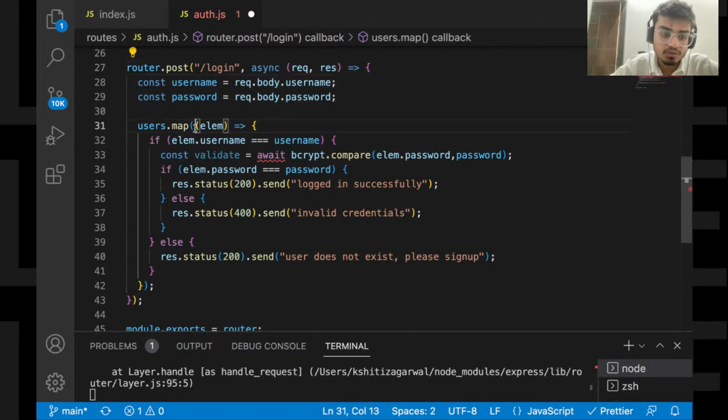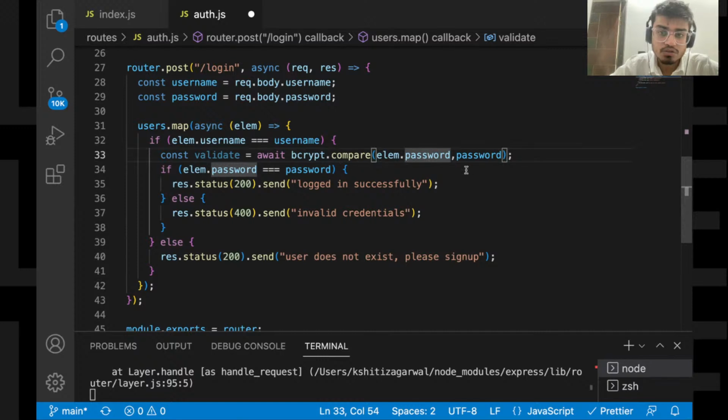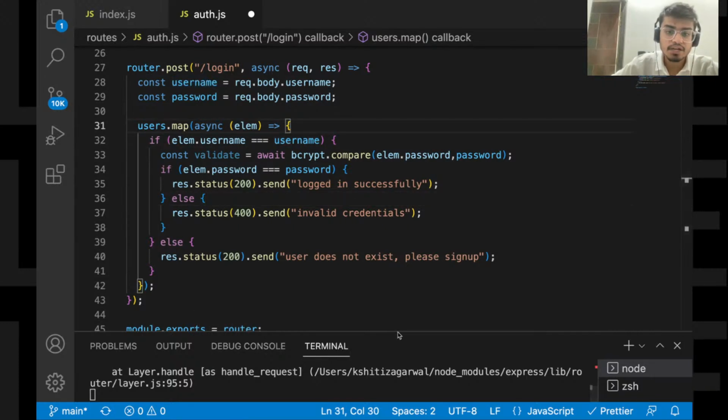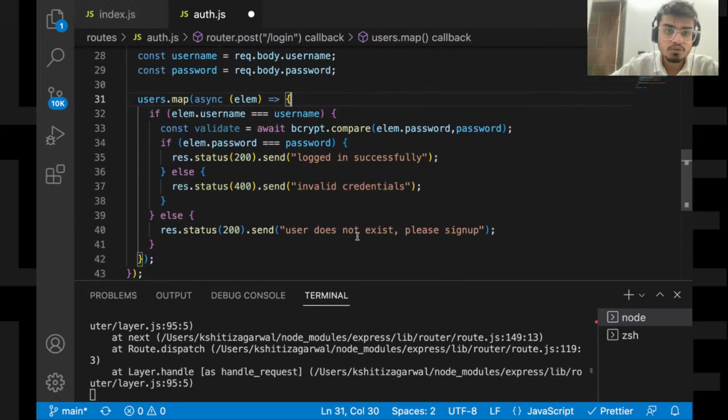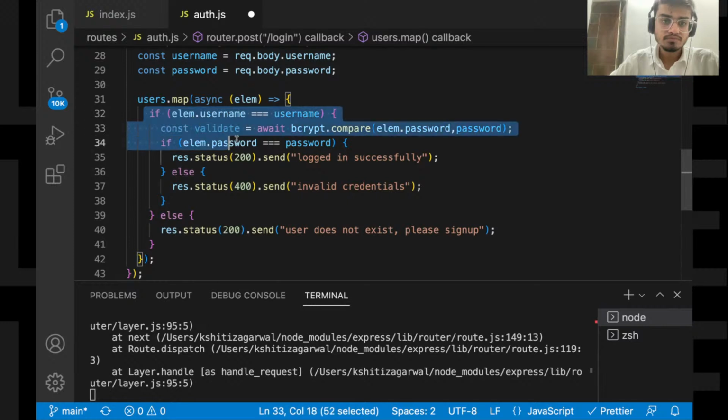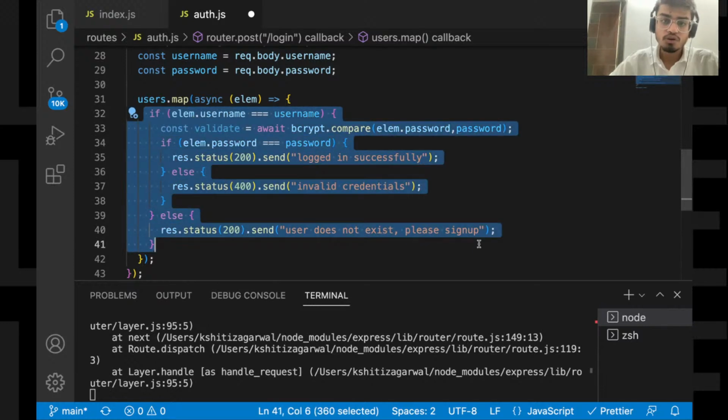Okay, sorry. So this is fine. Or let me write it in a better way. This is creating issues, right? It is giving an error also. So let me do one thing. If element.username is equal to username, I'll remove all of this.